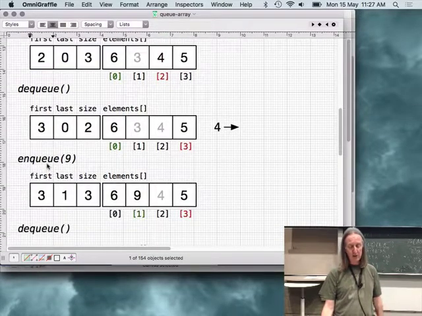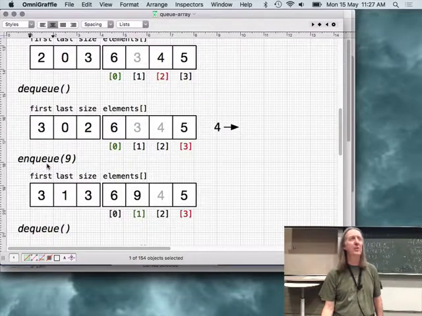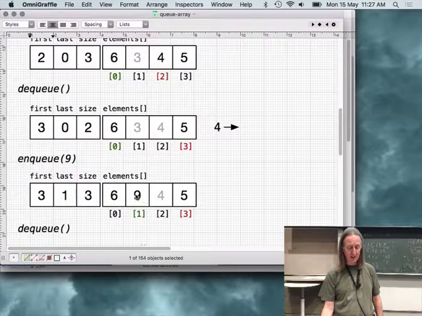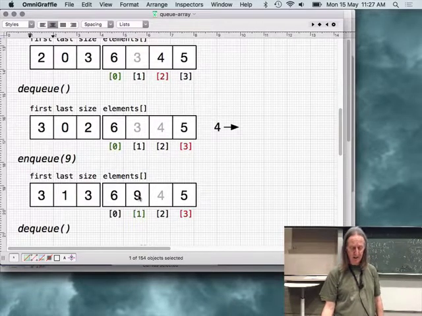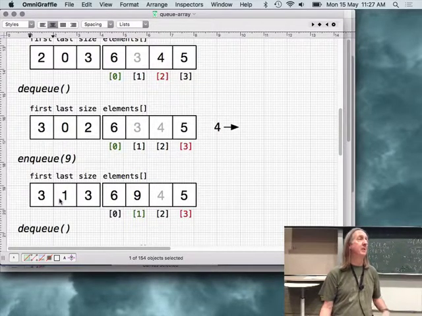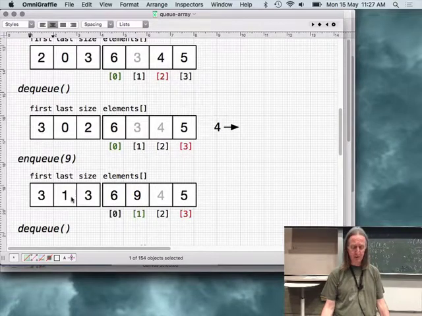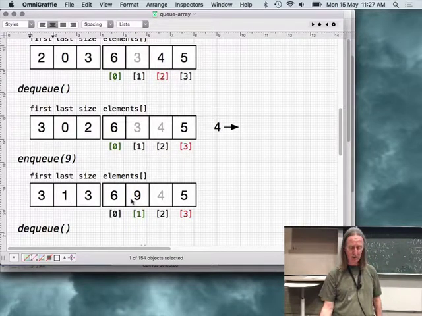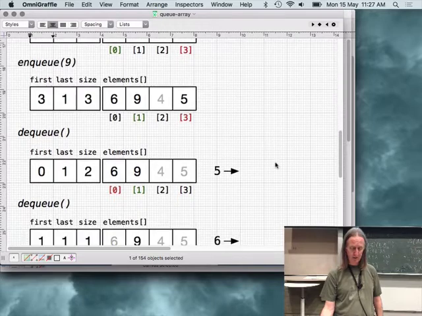If we enqueue, it adds something at the end of the queue, at the tail. The tail is currently 6, so we increment the tail index and add the new item there. The size of the queue is increased by 1, and the position of the last item is 1 more than it was before, so that increases by 1 as well.